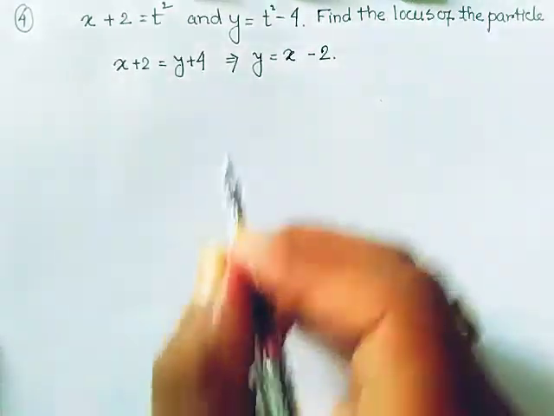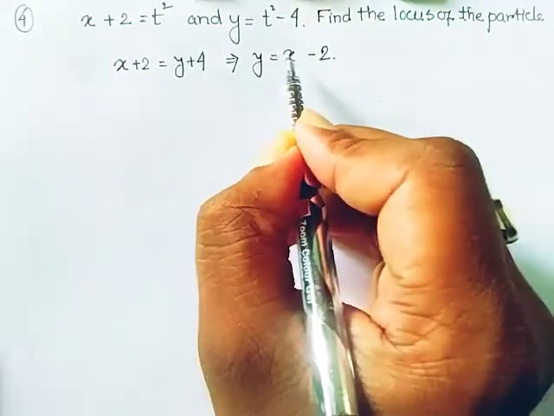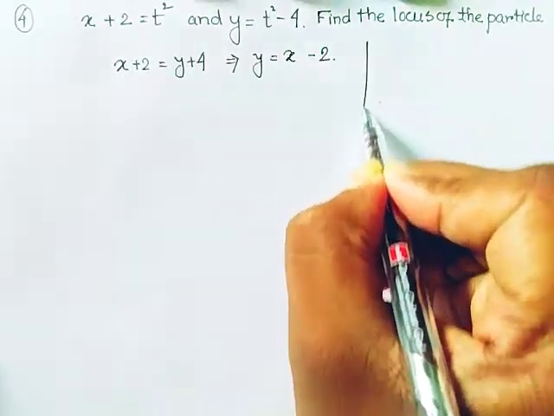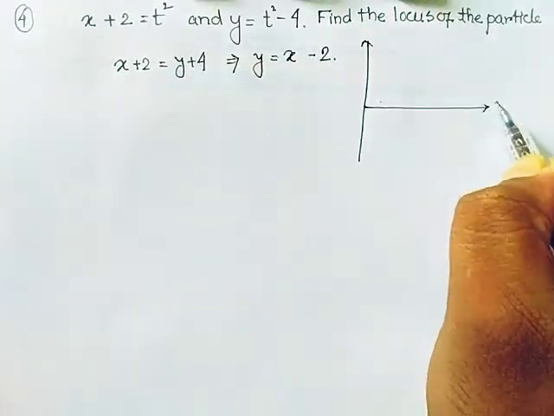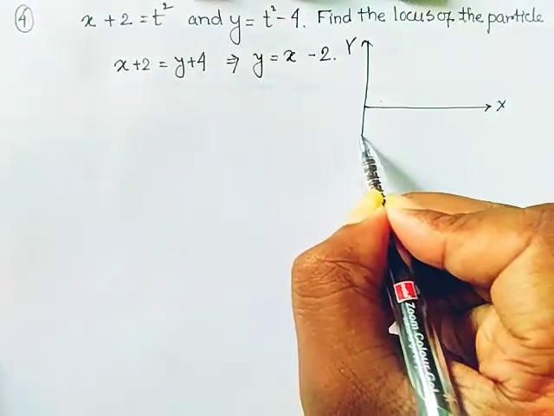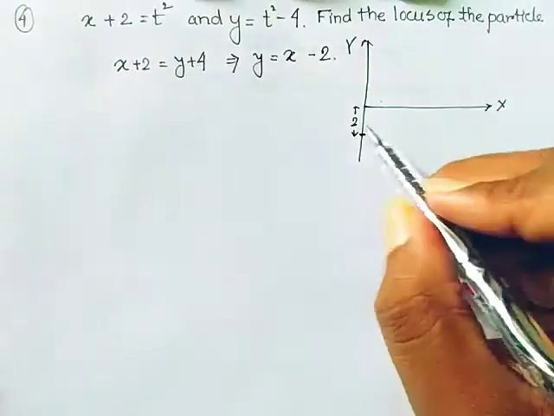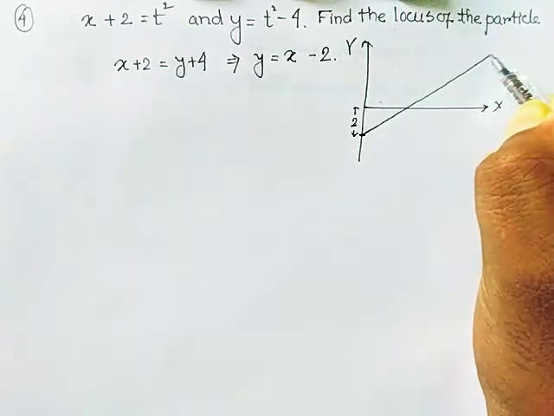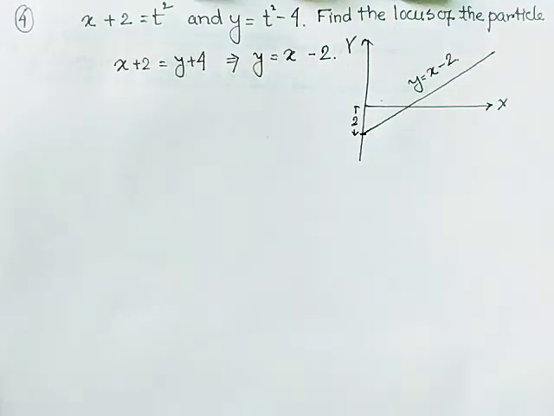So it will be the equation of a straight line, with y equal to mx plus c, has intercept minus 2, and the slope m is 1. So if I want to draw this thing, just think how it looks like. It is the x-axis, it is the y-axis, the intercept is -2. On the negative axis, that is the -2, and y equal to x minus 2, it starts from here and it moves. So this is the equation of y equal to x minus 2. This is the locus of the particle or the equation of the path.